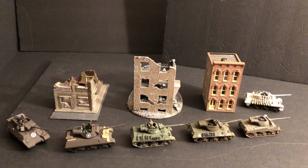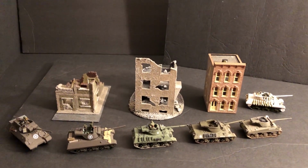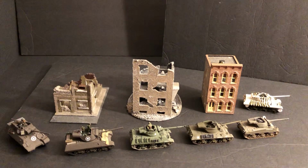Today we're going to look at the American tank destroyer, the big boy with the 90mm on it, the M36